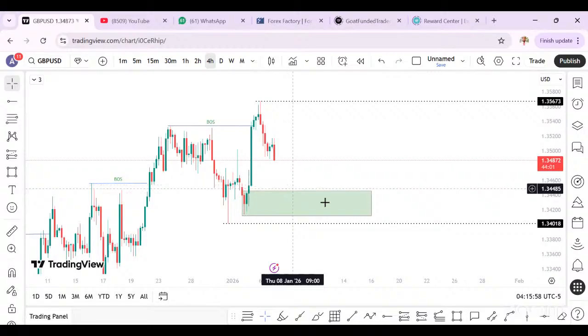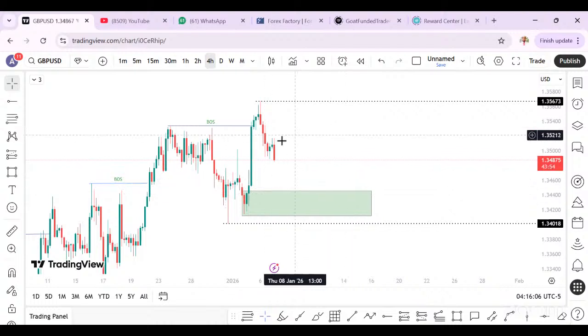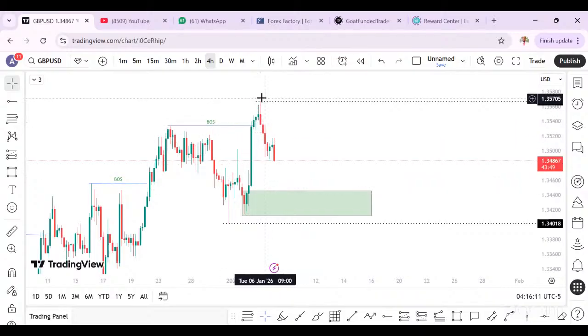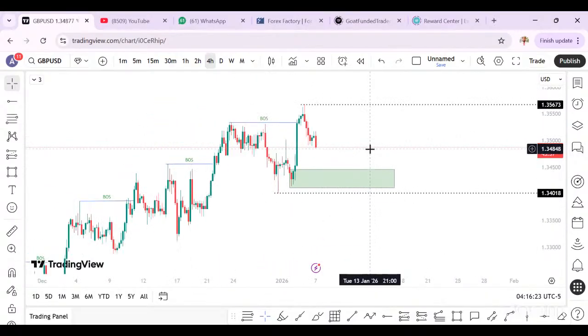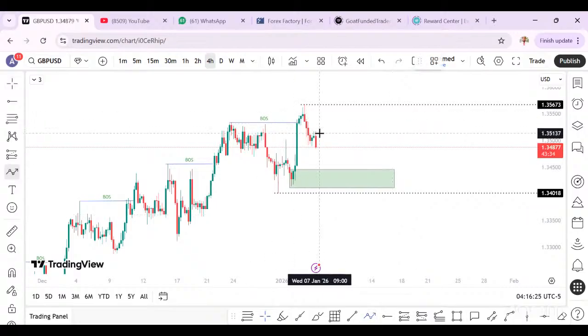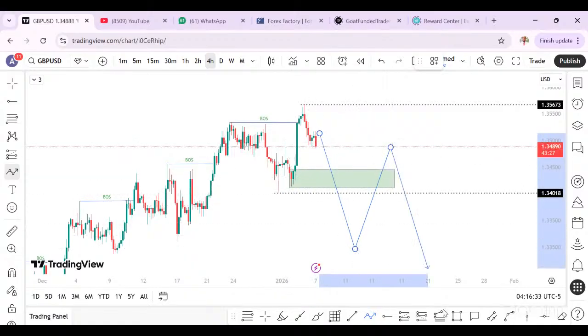So buying is more favorable than selling. There's nothing for me that warrants a sell for now, since you did not catch that early sell on the smaller time frame. From here, just leave the market. Now, if price really wants to sell, then we can't miss out. Allow price to break this low. Once price breaks this low, this will become a supply zone. Then we look for what?